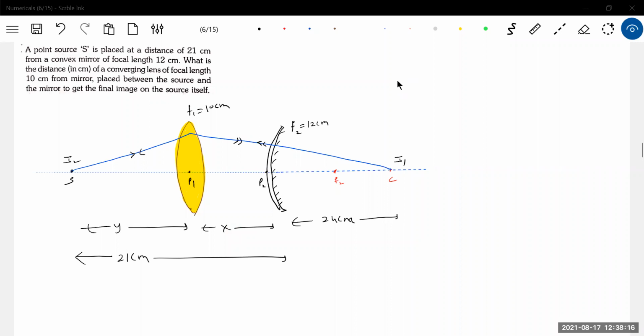Try it, no? Yochan, instead of asking me a question, you are in a revision program. Why don't you try and say that, okay, sir, I did like this only? Instead of asking a question.